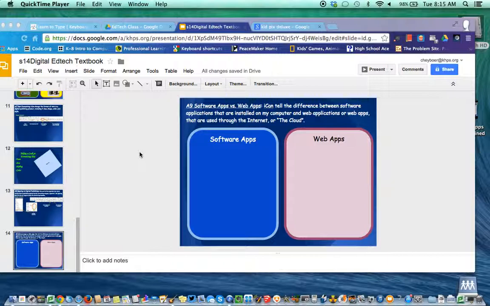Let's take a few moments now and talk about the visual to go along with A9 software apps versus web apps. The instructions on the web page tell you to create a diagram to help you sort the list of software and web apps by whether they're a software app or a web app. So you're going to take that list of applications and sort out these are web apps, these are software